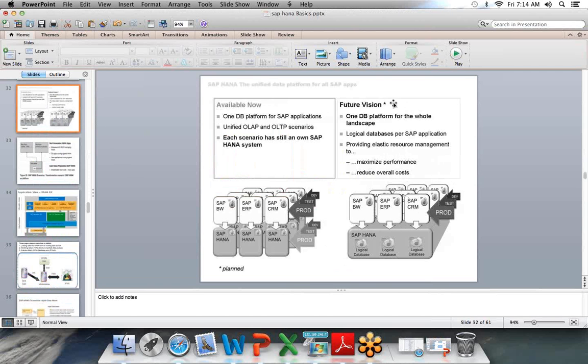This is the product strategy of SAP HANA in the 2.0 version. With one HANA database, the client can use a single database platform for all their applications in their landscape. That can be SAP applications and non-SAP applications. As of now, we can use HANA as a data mart, HANA as the underlying database for BW, and HANA as the underlying database for ECC and CRM. But in a future version,